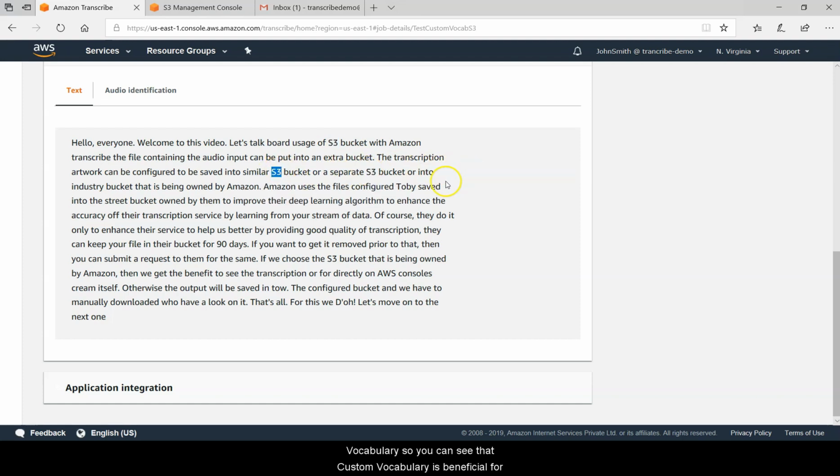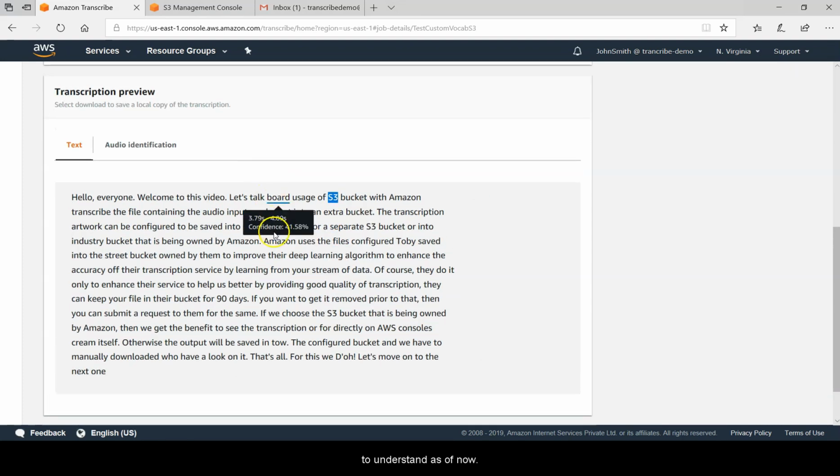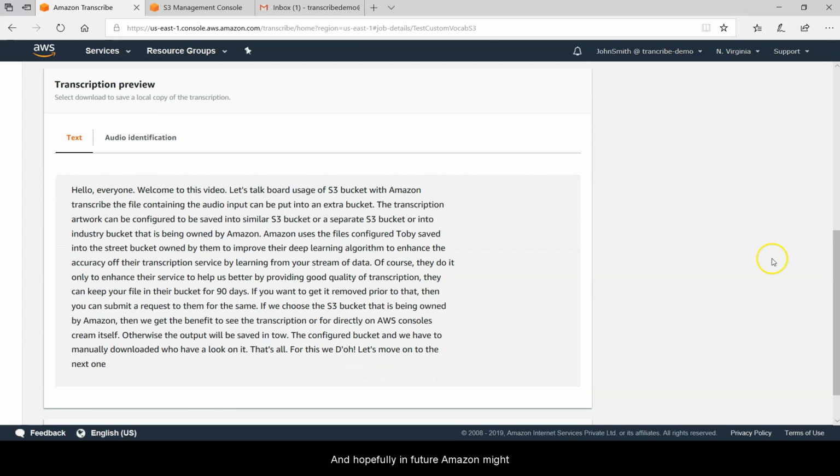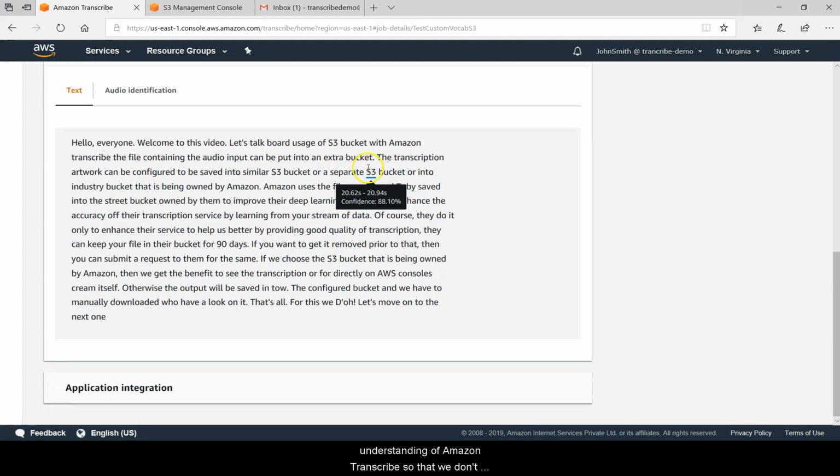So you can see that custom vocabulary is beneficial for defining the words that are hard for Amazon Transcribe to understand as of now, and hopefully in future Amazon might add all their service names as an inbuilt understanding of Amazon Transcribe, so that we don't have to create the custom vocabulary for at least the terms that Amazon uses for their services. And that's all for this video.